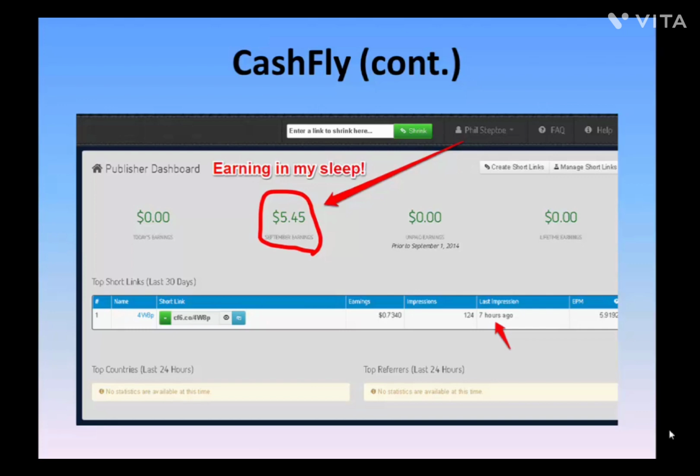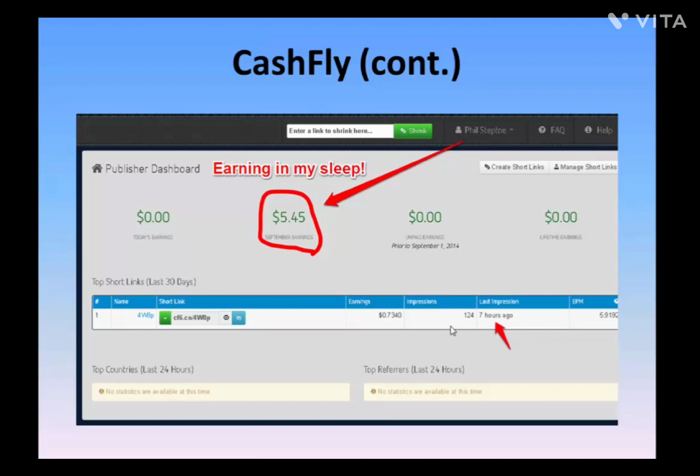You guys can see I only sent 124 impressions that registered here, and that's nearly $6. That's incredible. So if you're able to send thousands of impressions per day, well, you can make a full-time income doing this. So this is definitely, the sky's the limit, guys. Just make sure you're sending as much quality traffic as possible.